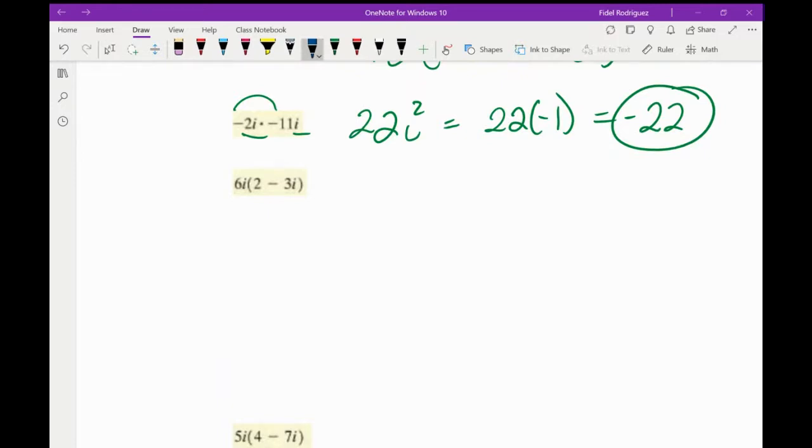All right. So the next one here is 6i times 2 minus 3i. So we'll go ahead and multiply. 6i times 2, that's going to give me a 12i. And 6i times minus 3i should give me a minus 18i squared.